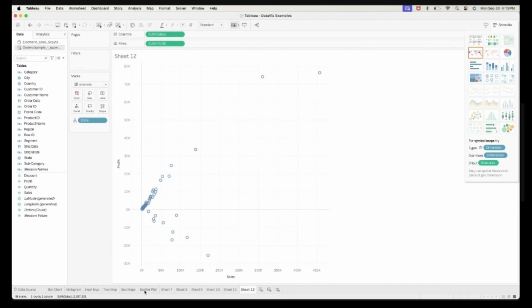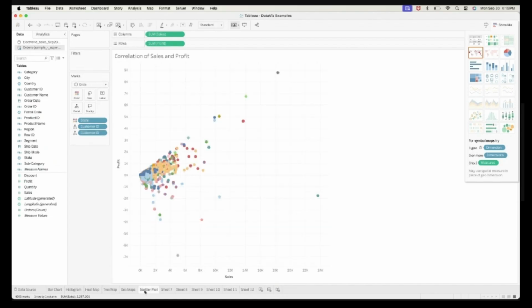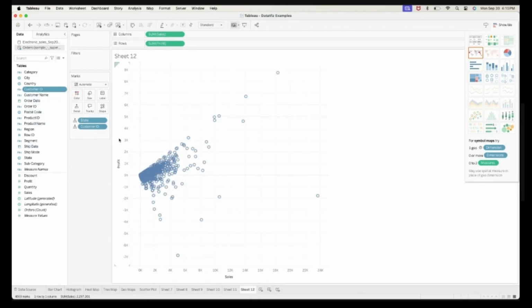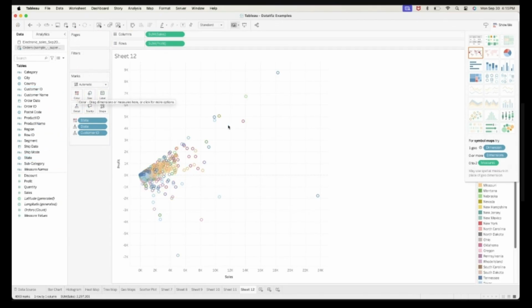This is based on customer ID. We have to add, yeah. So the number of customer ID will be here. And sales, then profit by customer. Okay, and then we just have to adjust the colors of your state. So you drag the colors here. And there you have it.